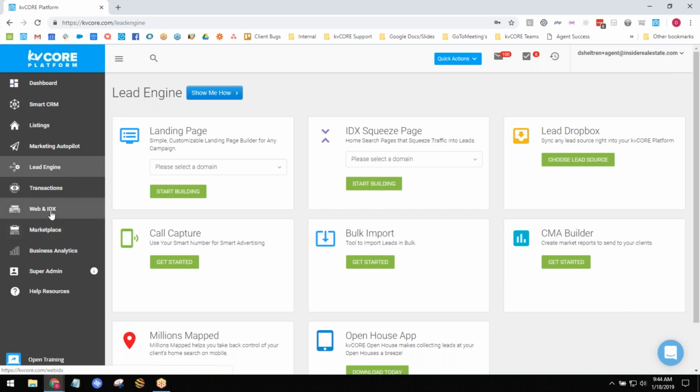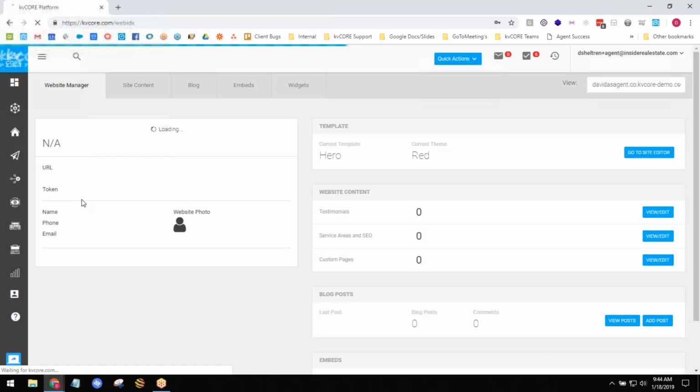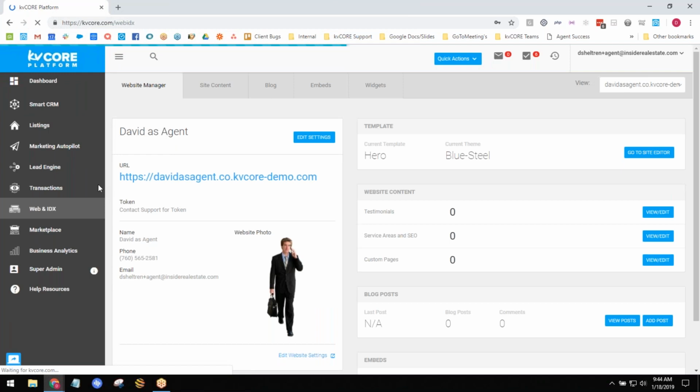I know a couple agents here that went into WebIDX. They created a couple custom pages, which I don't think we covered. I have, let's see, 6 minutes left, so I'm just going to dive into it real quick since we're recording, and we can cover a little bit about some custom pages and some blog posts. So custom pages, for those of you, are right here within WebIDX. If you click on that, they're right down here.